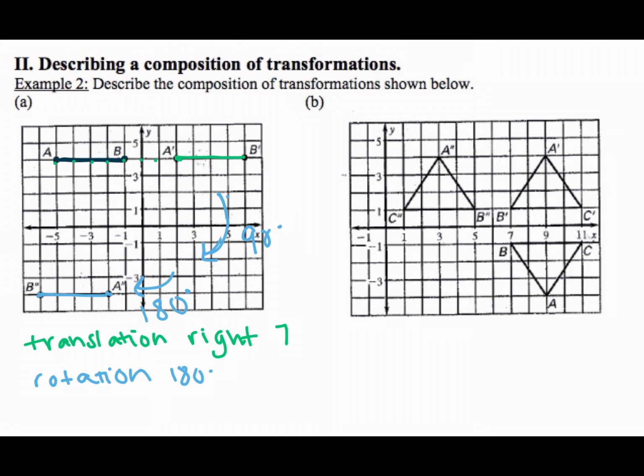Okay, part B, now I'm doing this again. I'm going to start with my image, my pre-image that I'm going to highlight in black. Now I have my triangle ABC. The first transformation was when triangle ABC went to A prime, B prime, C prime. To get up here to this image, it was reflected over the x-axis. So our first transformation is a reflection